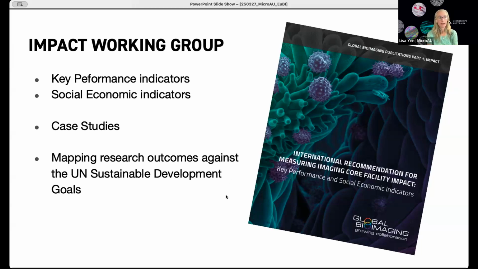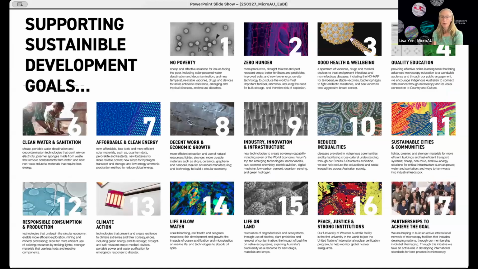And so there has also been some work about trying to look for some new case studies and mapping those research outcomes against the UN Sustainable Development Goals. This probably looks a little bit reminiscent of the approach we'd used with our national science and research priorities, but we did try and think similarly, and bonus points for anyone who can work out the one sustainable development goal that we didn't think we could claim as enabling research that would support it. We got to 16 out of the 17 due to that diverse nature of the work that is done through our microscopy facilities.